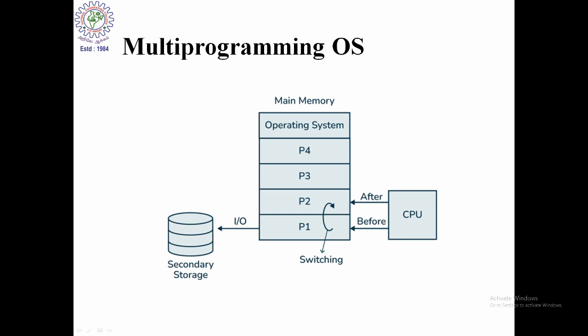So whenever a process needs to get out of the CPU for the purpose of IO execution, only at that time can the other process be given to the CPU. So this is a major drawback